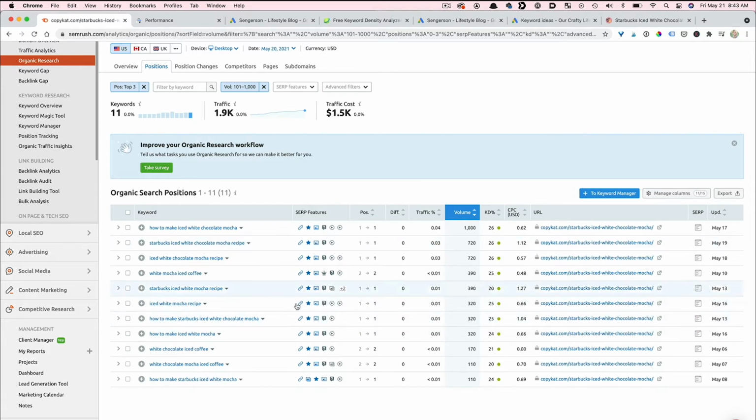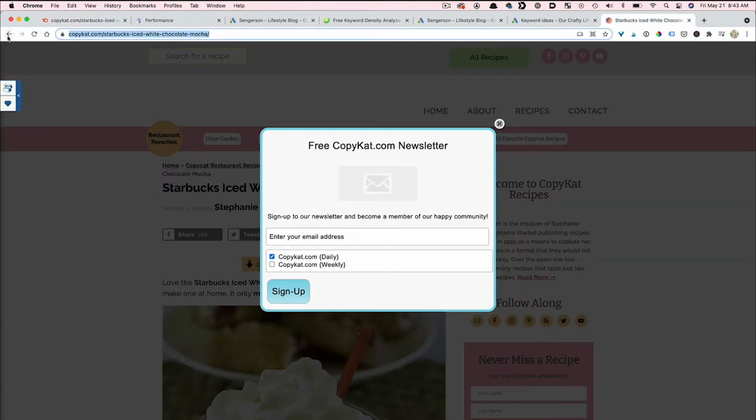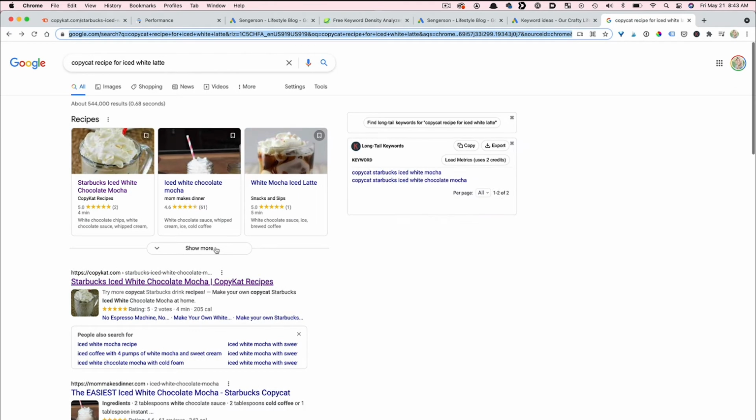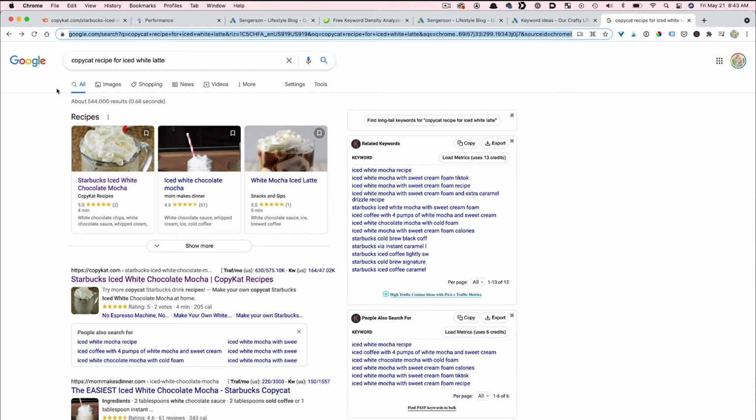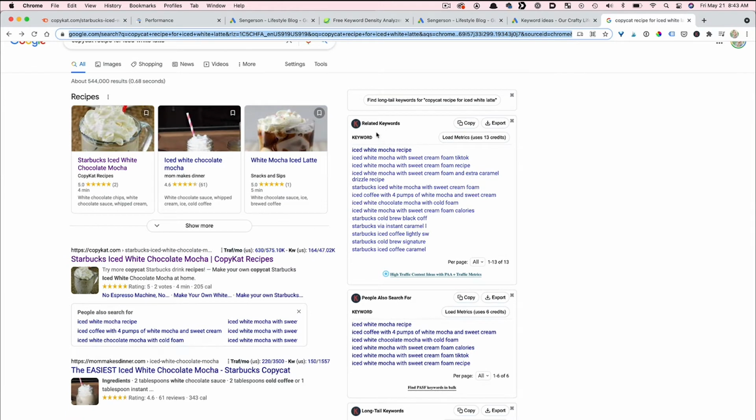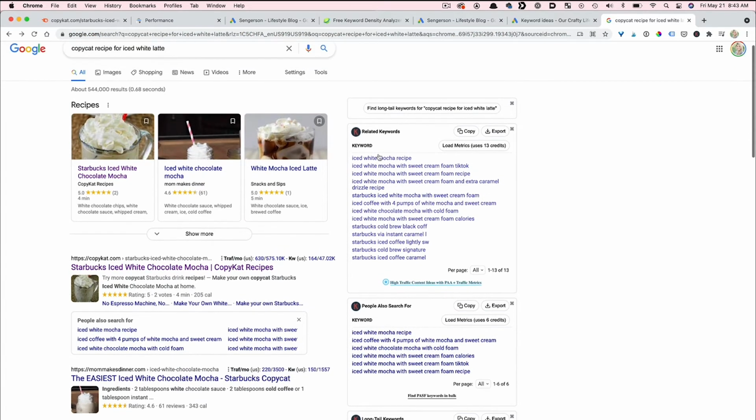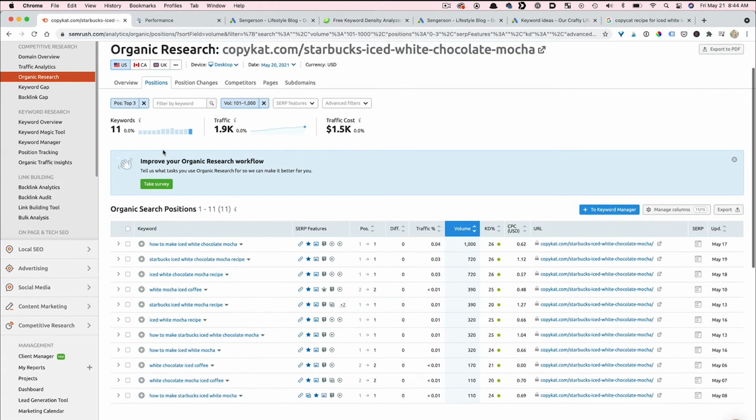And then you can see here the SERP features. If you don't know what SERP features are, if you go and look at Google's results, these are SERP features, right? So this is a SERP. This is actually a plugin. So if you guys don't have this already, this is a pretty cool tool. It's free. I'll go ahead and link down below. I don't know what it's called. It's like keyword something or another, but it gives you some ideas on other keywords that you could use in your blog content. So that's really how I use SEMRush for the most part.